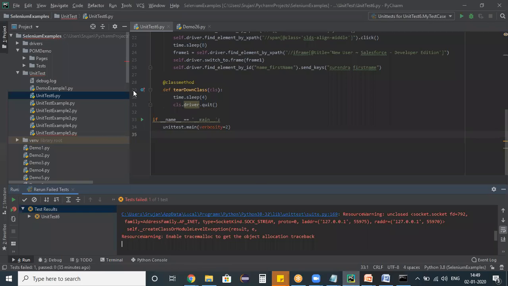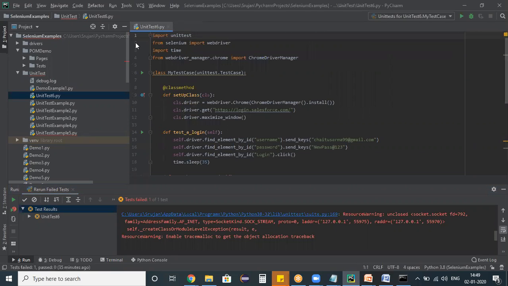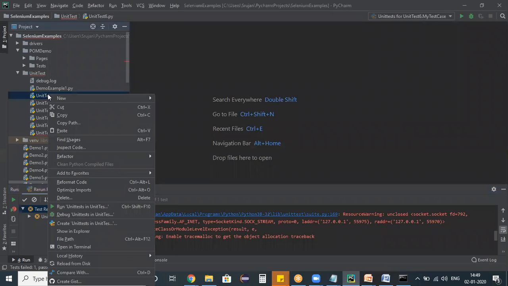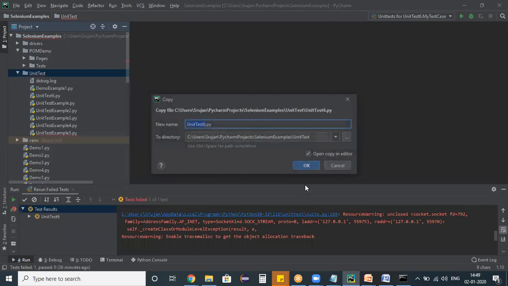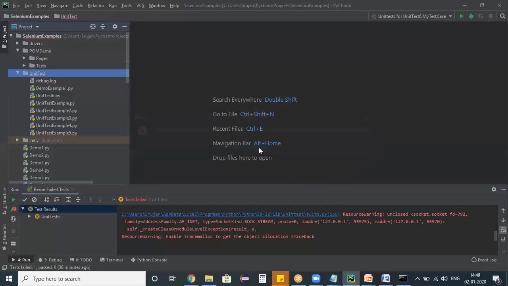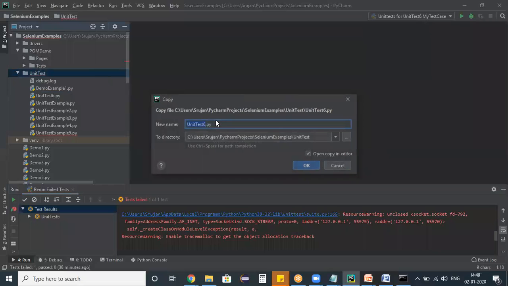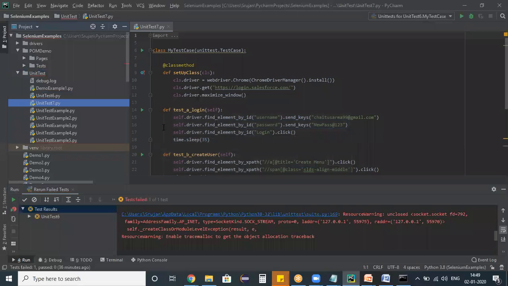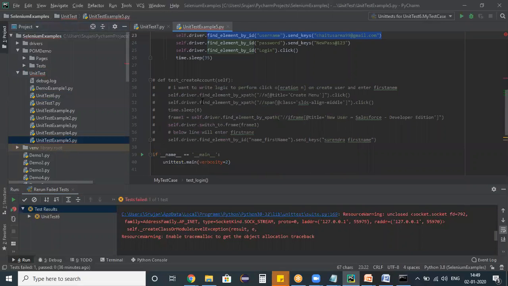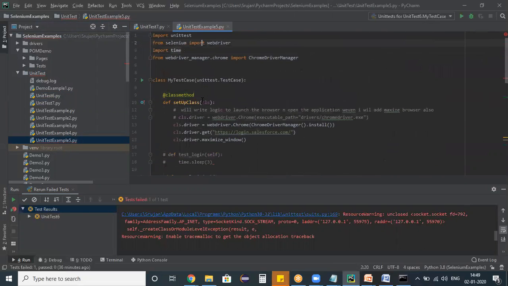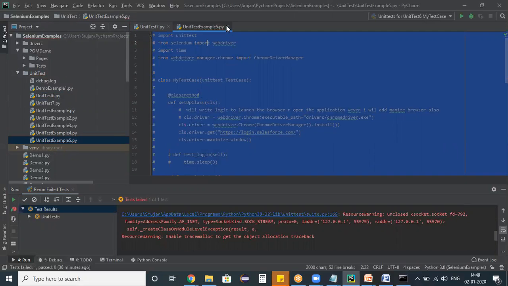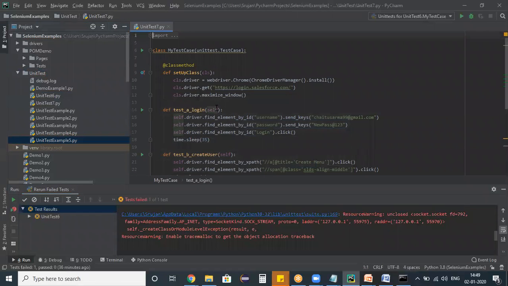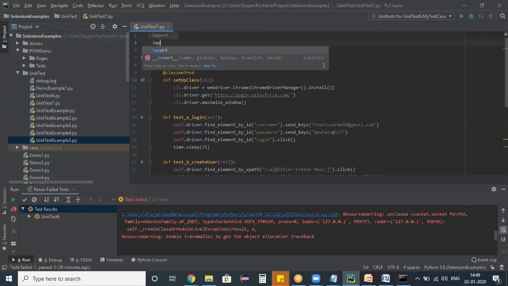What I'm going to do right now is take the previous unit test script I created, unit test 6. Copy unit test 6 and paste it again. Sorry, I would like to paste it with the name unit test 7. Okay, unit test 7 I have created, and in this unit test 7, on the top, as per the documentation,